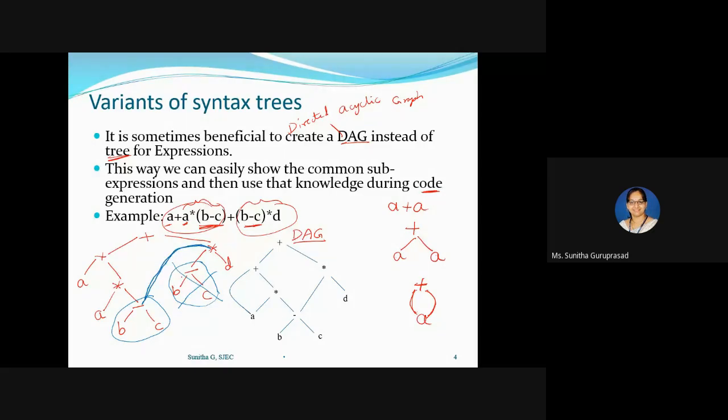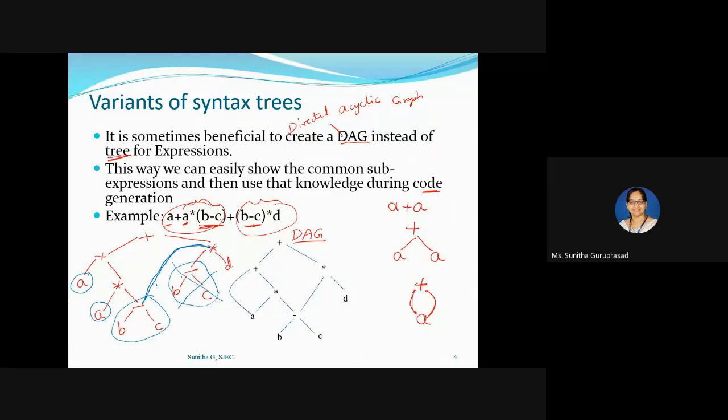Okay, B minus C is as it is, but instead of again writing B minus C here, instead of connecting it to this, I can connect it directly to this. The meaning is same. Now here you can see A is here as well as A is here.